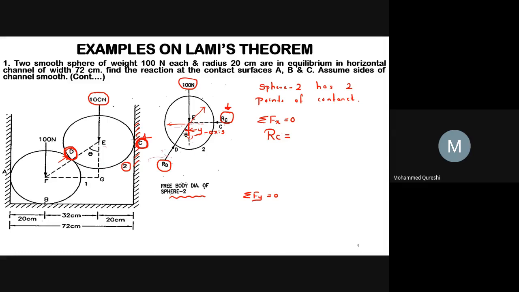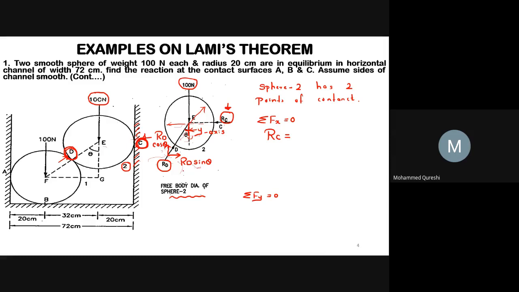as this component is inclined and making an angle theta, it has two components. One will be cos and the other will be sine. But this RD makes an angle theta with the y-axis. Hence, this will become RD sine theta and this will become RD cos theta. Since theta is with respect to the y-axis, our components will be changed for horizontal as well as vertical.